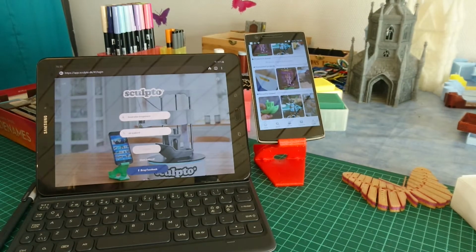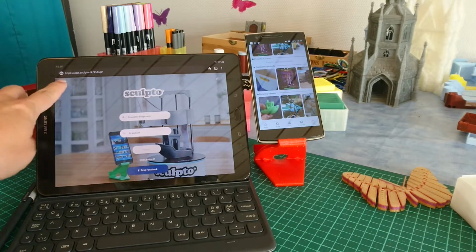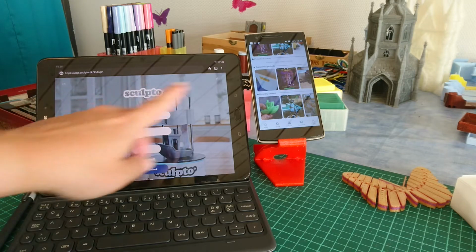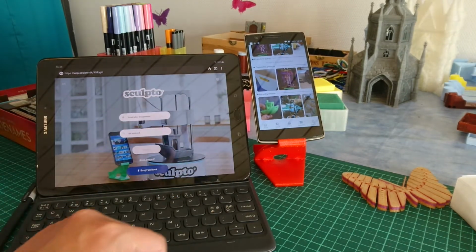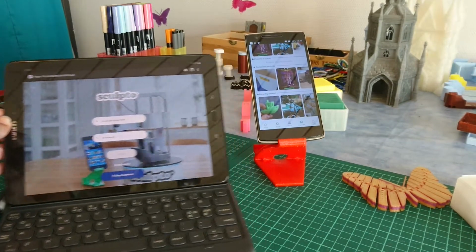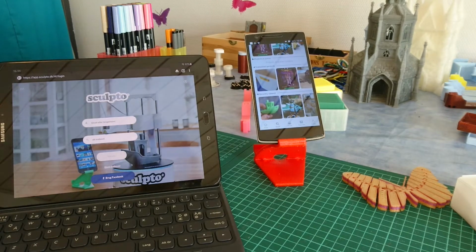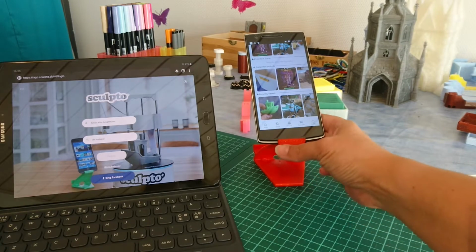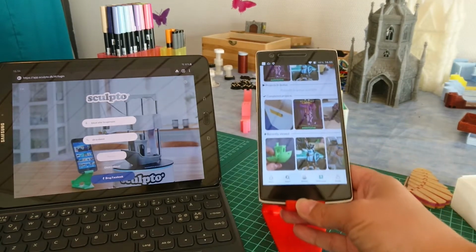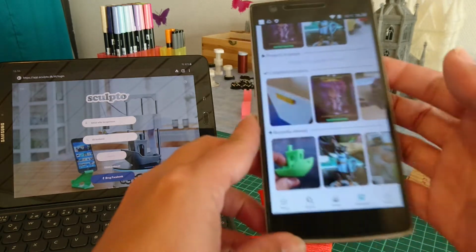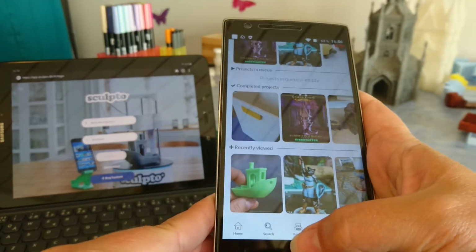You can print stuff using the web app. This is app.sculpto.dk. You log in with the same user you use for the app. On the web app, you can upload STL files, and you also have the list of previously printed things. On your phone app, you have those same options,